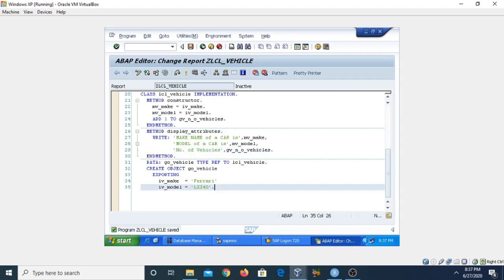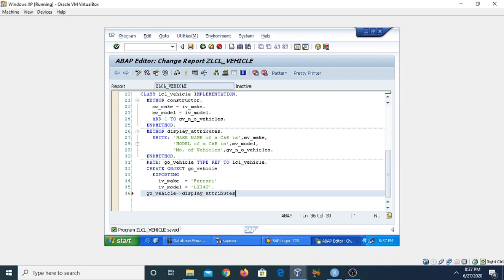Now we need to call this method with the help of the object. So we have created the object go_vehicle, and the syntax is firstly use the name of the object, vehicle, then use the component access operator, and then the method name. So the method name is display_attributes.